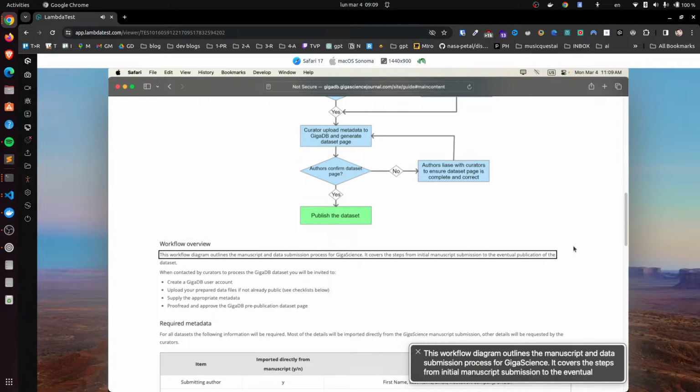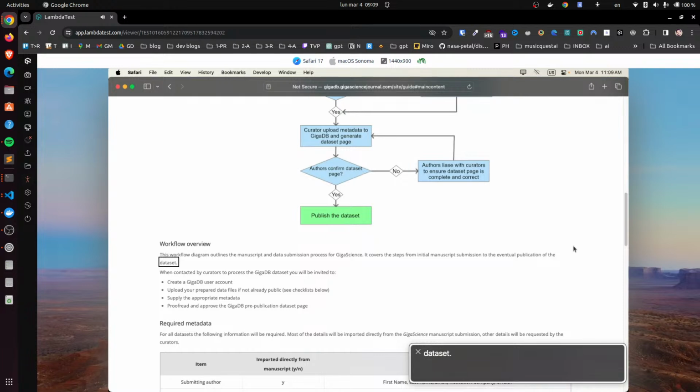This workflow diagram outlines the manuscript and data set. Heading level 3, workflow. You are currently on a heading level 3. Steps. 1. Off. You are currently on a text element. RS sub. It Manasker. RS sub.